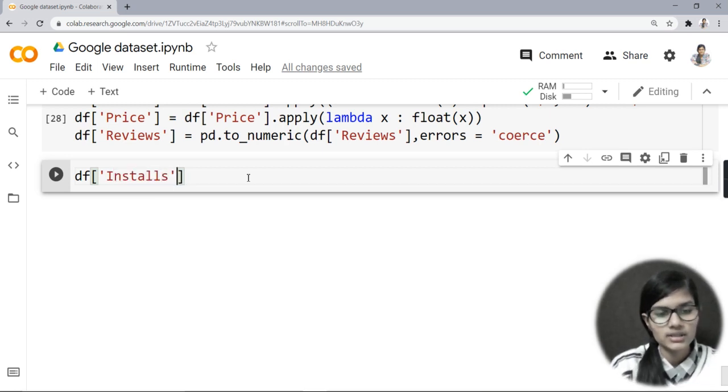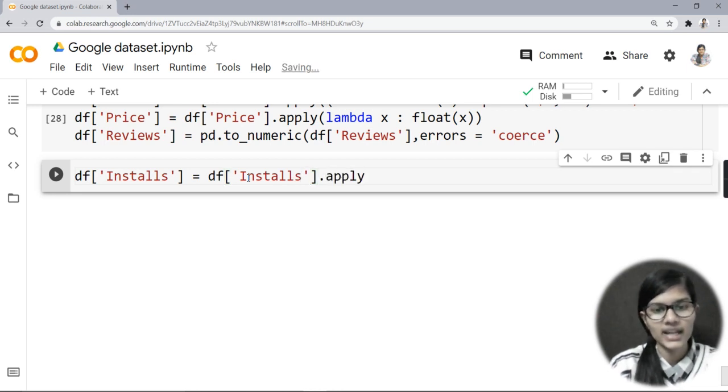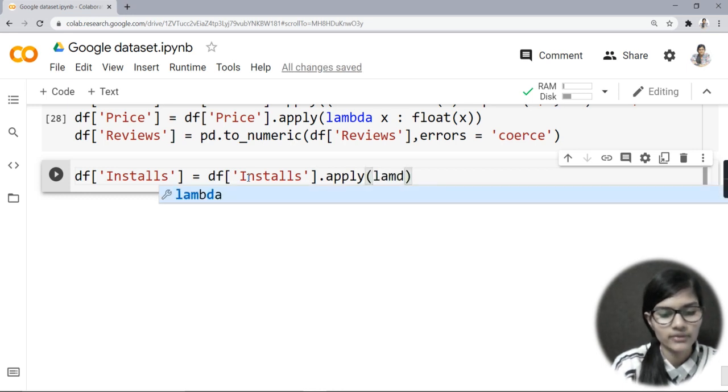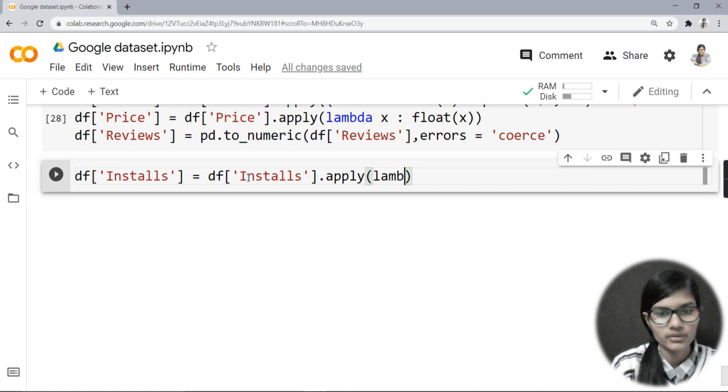Okay, so I have just written df is equal to installs, and I would simply write df, and again I would write installs. Now what I would do is that I would simply apply, and after apply I will use my lambda function. Lambda x and colon, then I would use my string, str of x, and then I would just simply do the same thing that I have done above. So I would just replace that